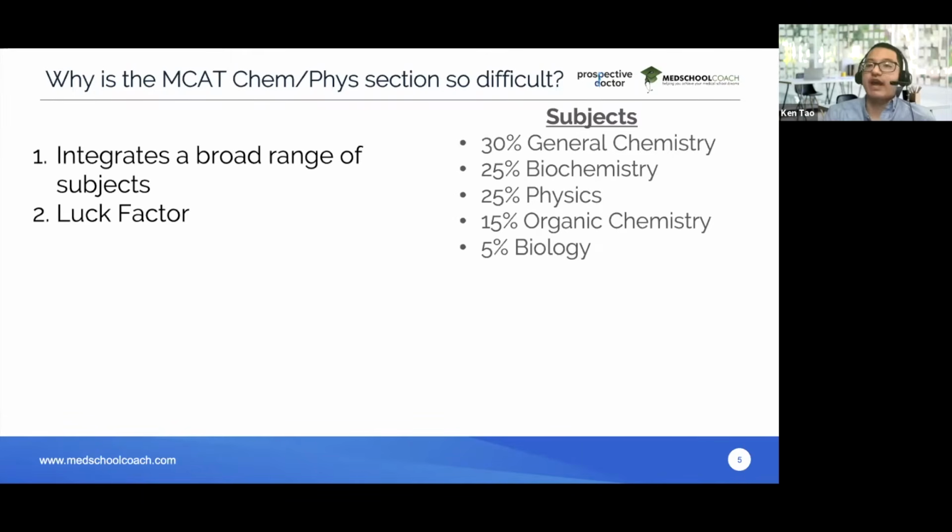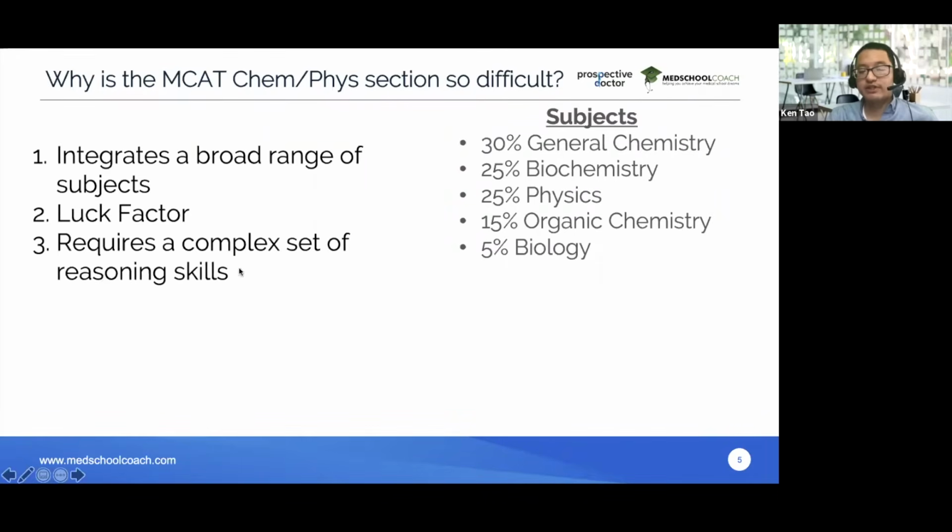On your exam, do you happen to get a passage on sound and you get 3 to 4 questions on waves? Or on your exam, do you get a passage on circuits and you get 3 to 4 questions on different aspects of electrostatics and circuits, right? So for students that are preparing for the Chem Phys section of the exam, sometimes they find that their scores fluctuate a little bit, right? On some practice exams, they do better. On some practice exams, they do worse. In some cases, it's because of this luck factor that they just happen to see a lot of topics that they're strong in, or the opposite, they saw a lot of topics that they aren't strong in.